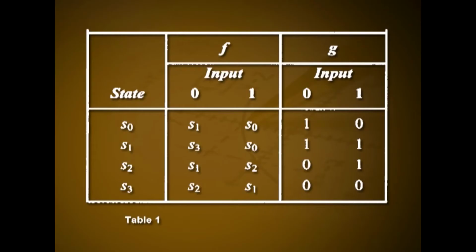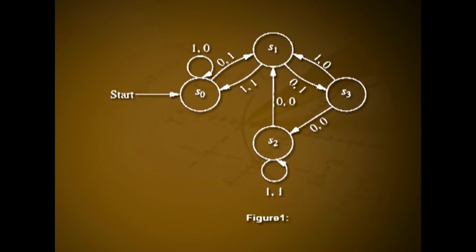Another way to represent a finite state machine is to use a state diagram, which is a directed graph with labeled edges. In this diagram, each state is represented by a circle. Arrows labeled with the input and output pair are shown for each transition. We will see one example. Construct a state diagram for the finite state machine with the state table shown in table 1. The solution is: the state diagram for this machine is shown in figure 1. In figure 1 you can see different states S0, S1, S2 and S3 are represented in circles.